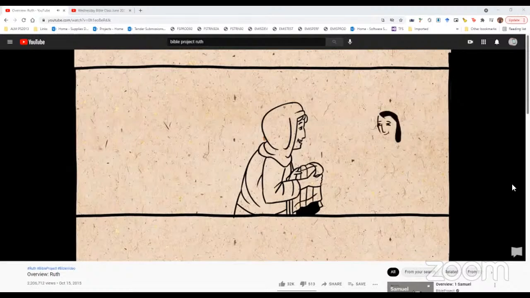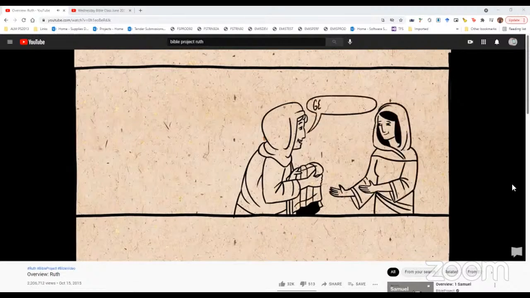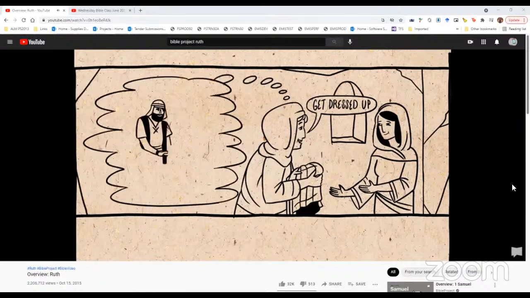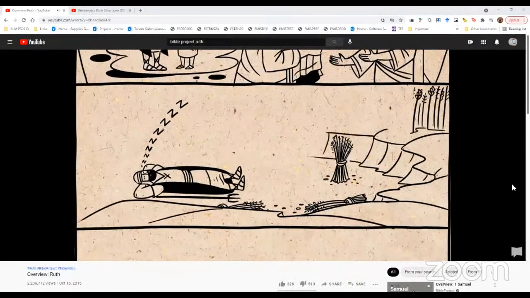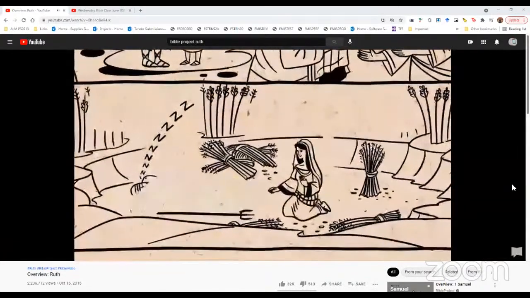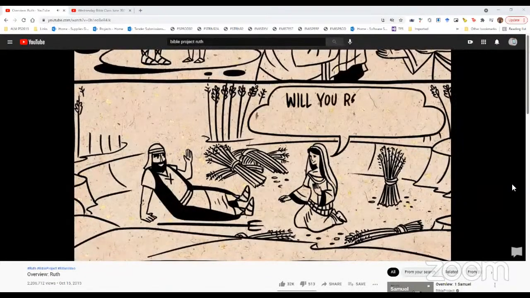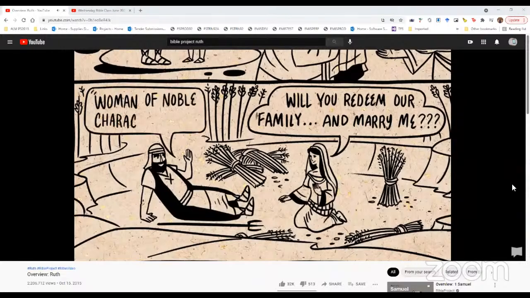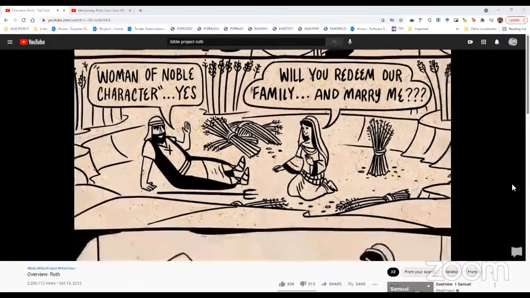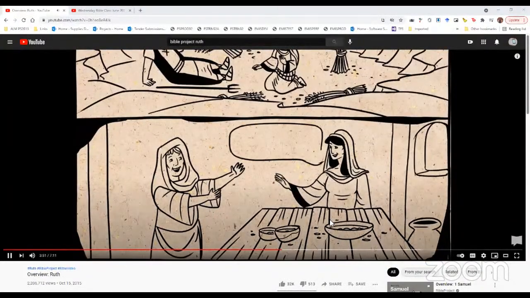Chapter 3 begins with Naomi and Ruth making a plan to get Boaz to notice their situation. So Ruth is going to stop wearing clothes of a grieving widow, and she's going to show signs that she's available to be married. And so Ruth goes to meet Boaz on the farm that night. And as she approaches, Boaz wakes up and he's totally startled. And Ruth makes her intentions very clear. She asks if Boaz will redeem Naomi's family and marry her. Boaz is once again amazed by Ruth's loyalty to Naomi and her family, and he calls Ruth a woman of noble character. It's the same term used to describe the woman of Proverbs 31. So Boaz tells Ruth to wait until the next day, and he will redeem both Ruth and Naomi legally before the town elders. And so the chapter ends with Ruth returning to Naomi, and they marvel together at all of these recent events. In chapter 4,